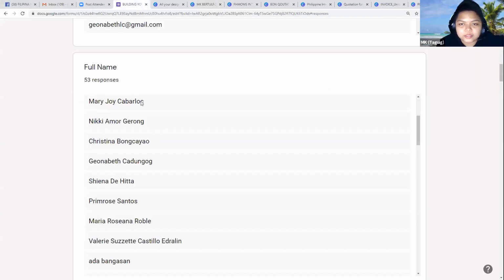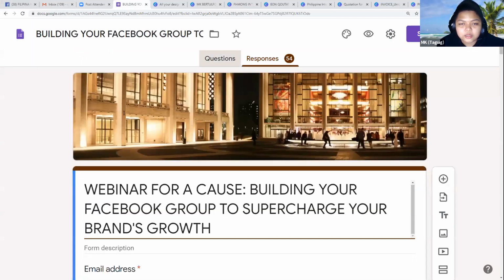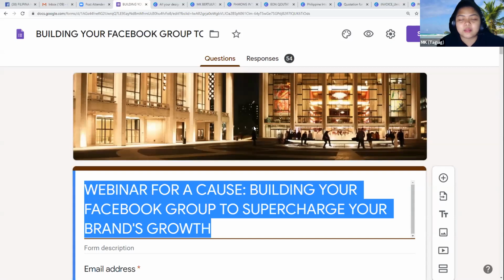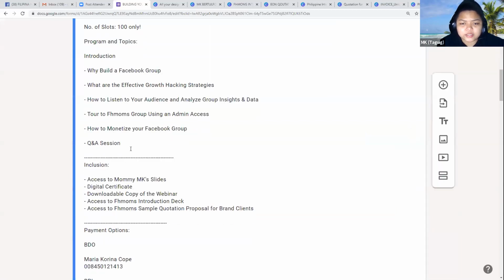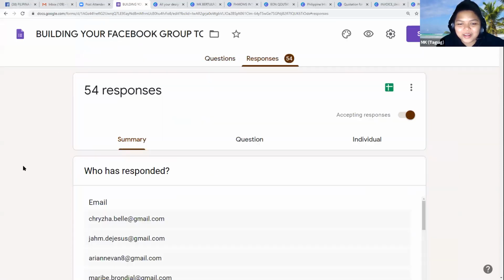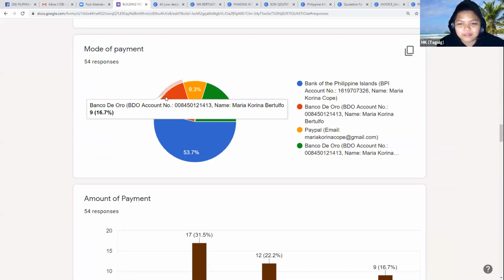For example, this is your responses. In the questions section, you can edit it. Usually Google Form has templates, so you just edit the content. It's easy to use. Sorry, I keep reading the same question. It's automated, you don't have to worry about it. Once you've gathered the data, it will appear and a graph is made for you. So you don't have to create graphs from time to time, as long as you capture their data using Google Form.